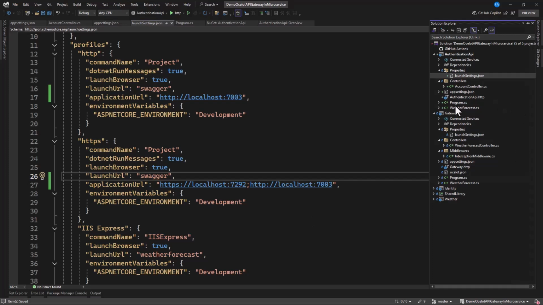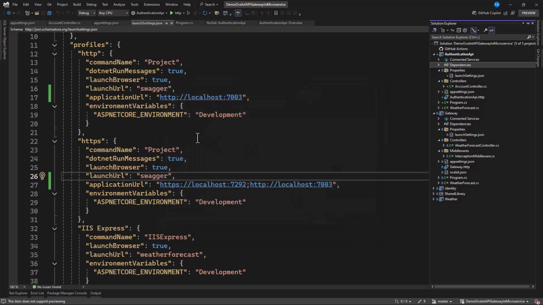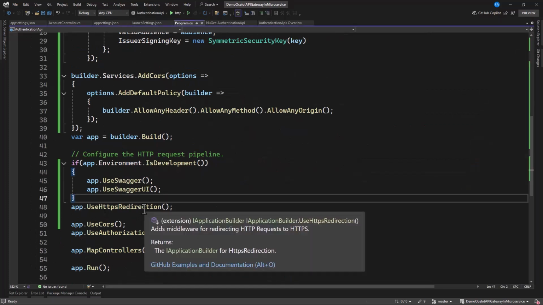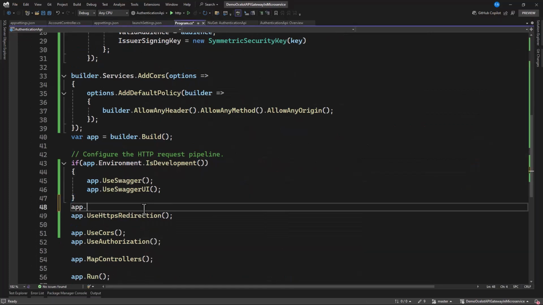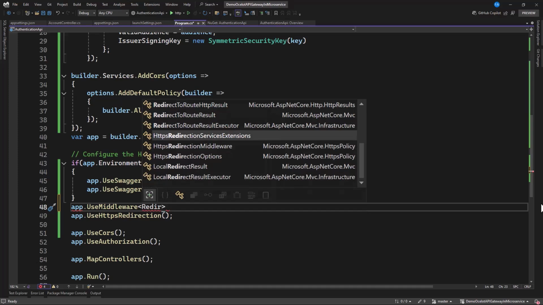Let's see. So from our authentication API, right click on dependencies, then add project references. In here, because we have a shared library, let's add this. And in there, let's go to the Program.cs, and where we have this, we need to add here. So we say app.UseMiddleware, and now this middleware, is it called redirection?